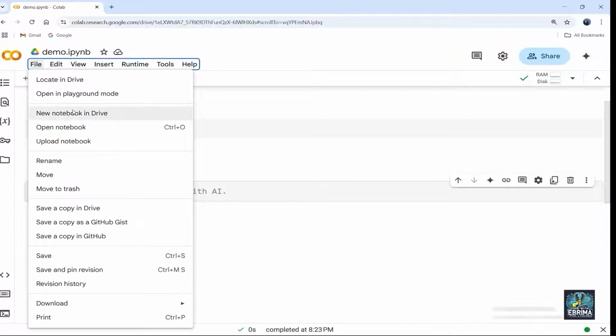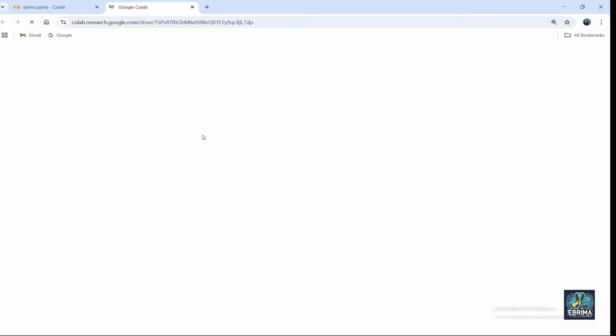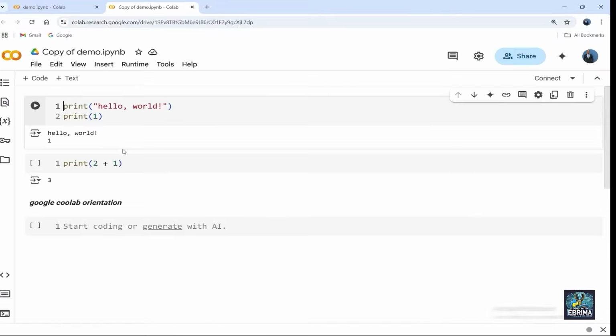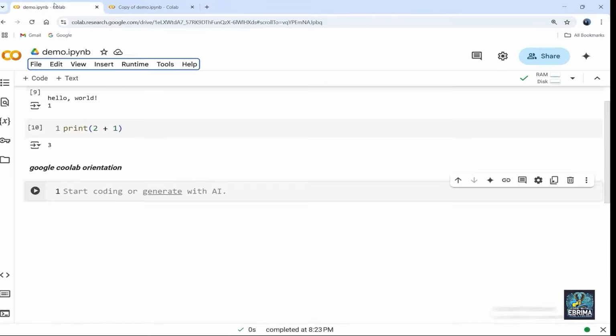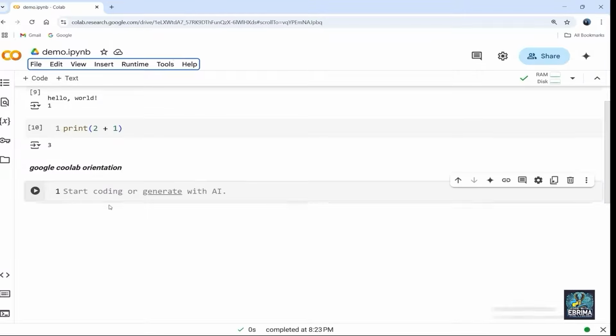Okay, all right, so this is also important to note. So let's go back to file again. And if you want, you can also save a copy in your Google Drive. Okay, so now you can also save it. Okay, so once you do that, you can see it is creating a copy in your Google Drive, and you can see now here. Okay, so now it's loading here, and now you can see copy of demo. Remember, we named this demo. Okay, so now you can see here now it's saying copy of demo. Okay, all right, so let me just X that and come back to where we are.